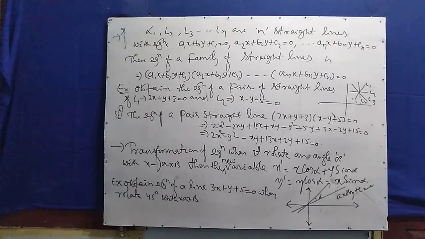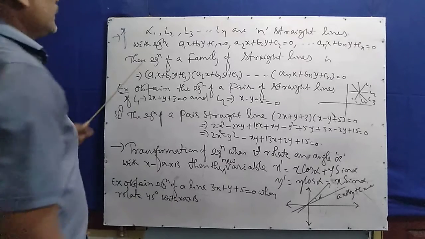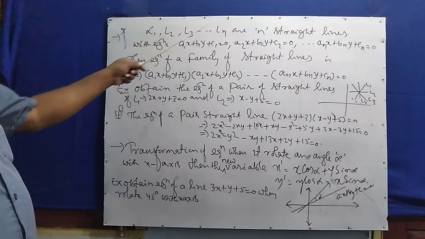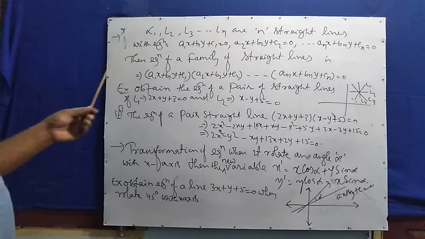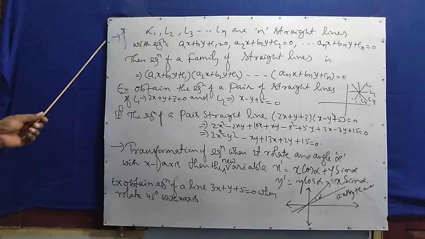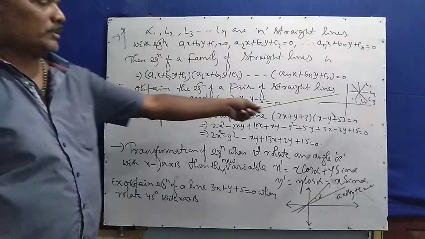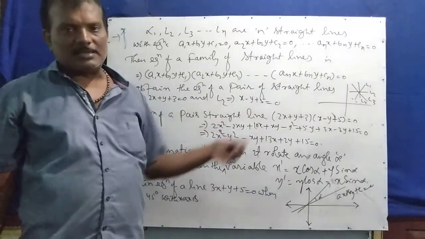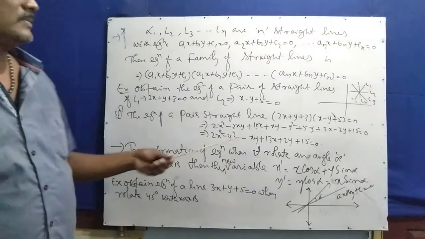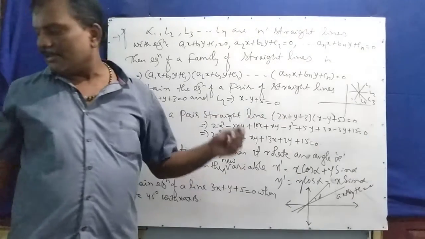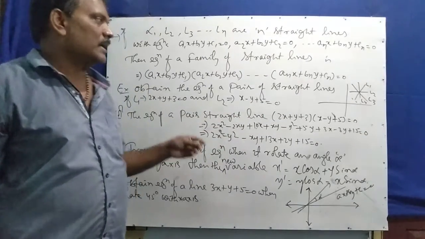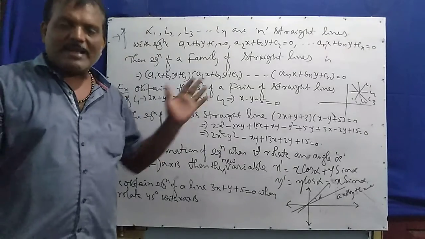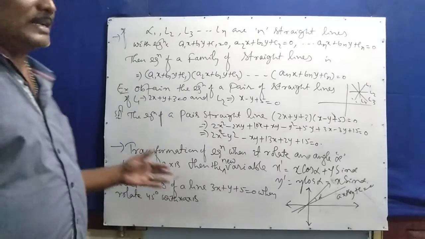So look at here, one of the formats. When more than one straight line is uniquely represented, they are said to be a family of straight lines. Suppose you look at here L1, L2, L3, L4, etc. N straight lines are there. When they are combinedly represented, then we say they are a family of straight lines. So what is the meaning of the family of straight lines? The combined representation of more than one straight line.